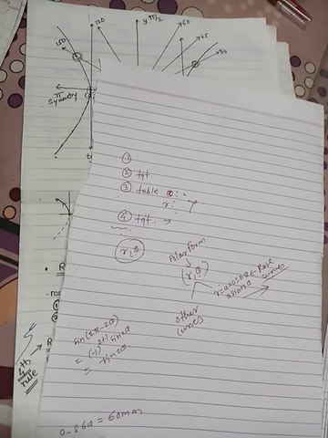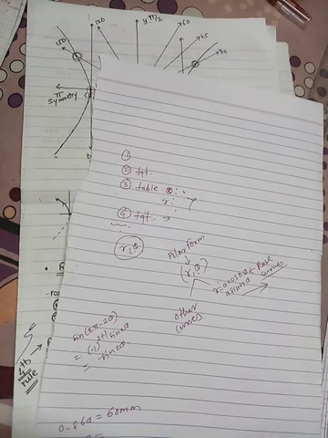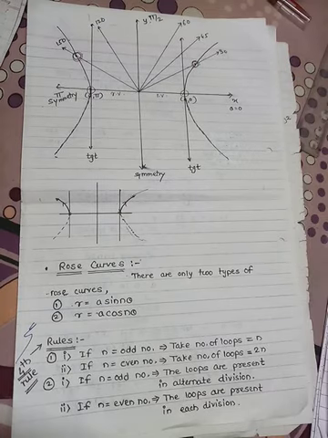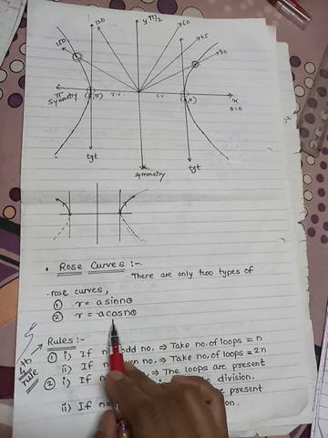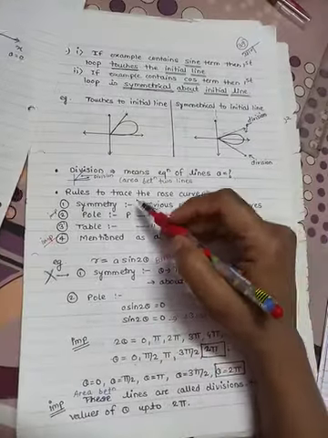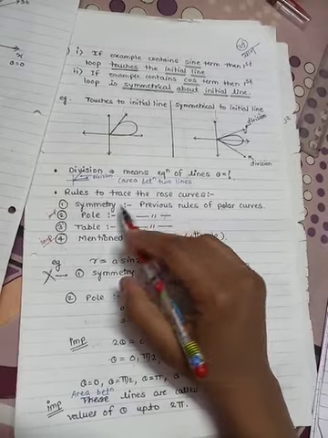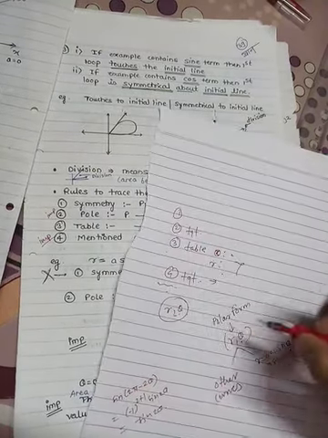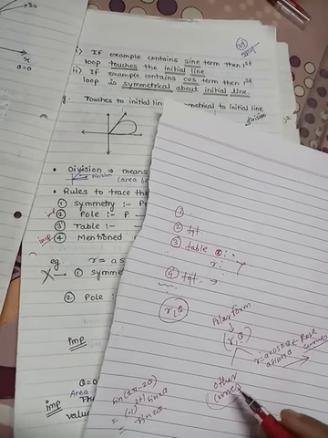Rose curves we can recognize easily, because the type is fixed, that is r equal to a sin n theta and r equal to a cos n theta. So what is the main rule? Here, to trace the rose curves, the symmetry condition is as before, as for the curves other than rose curves that we have seen in the previous lecture in polar form.